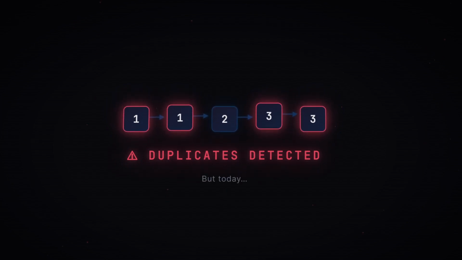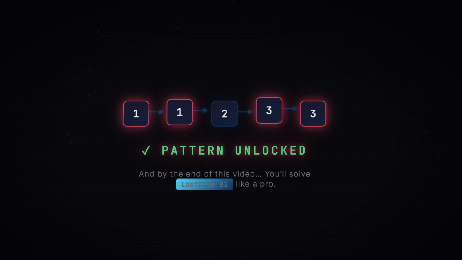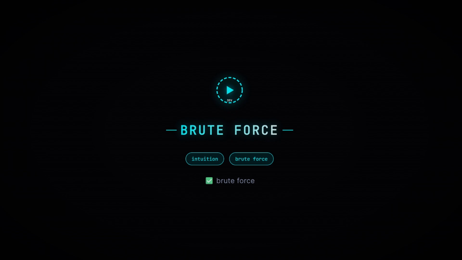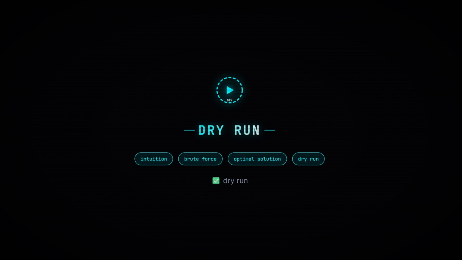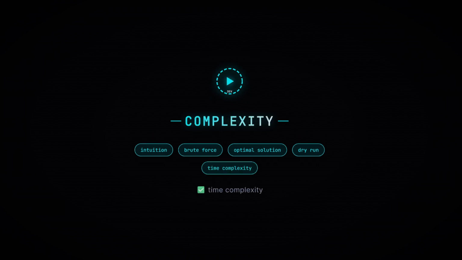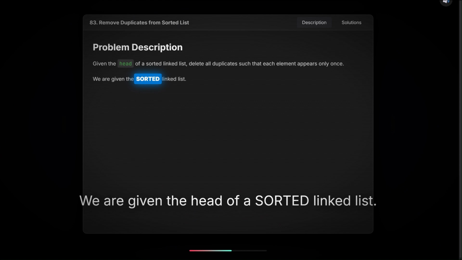But today, you'll learn the exact interview pattern behind this problem. And by the end of this video, you'll solve LeetCode 83 like a pro. Today, we'll cover intuition, brute force, optimal solution, dry run, time complexity, and hidden tricks interviewers expect. Let's begin. We are given the head of a sorted linked list,